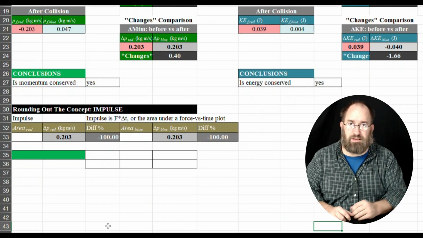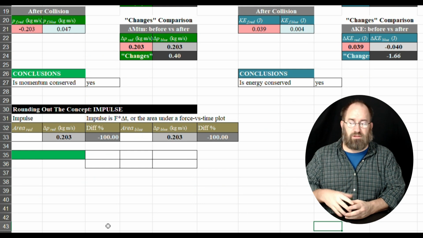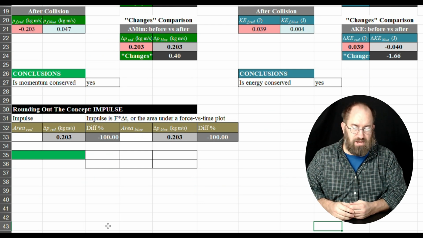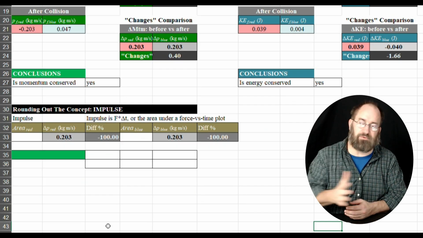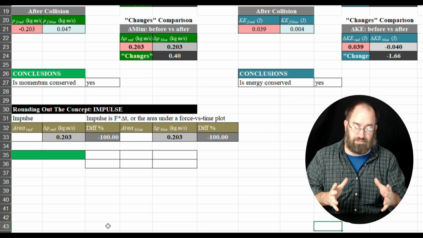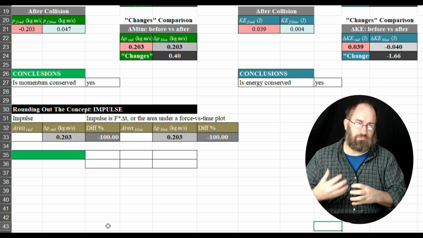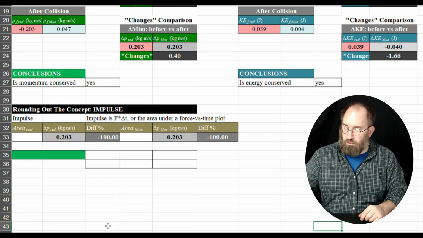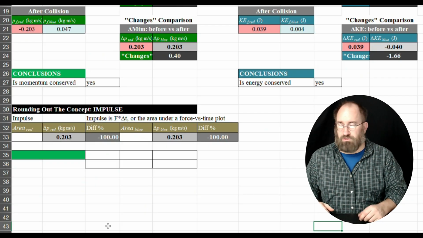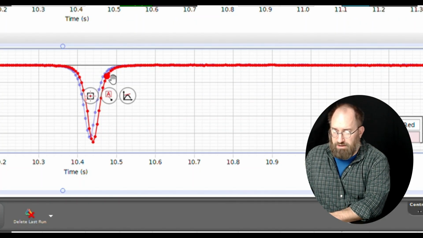We're going to check out the impulse during the collision, one more way to check and see if everything went well. What we're looking for with a collision is impulse: force times time, or force times the duration of the collision. That's the impulse, how much went into changing momentum. We do that by getting the area of the force versus time graph. So we'll come back over to the graph, and we see the red